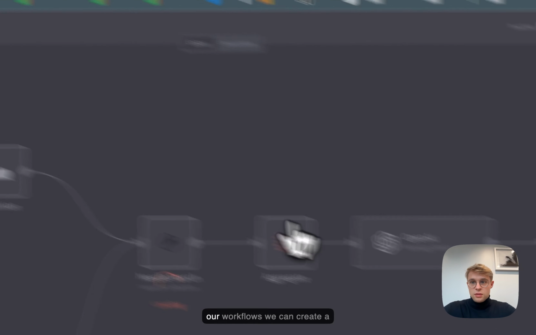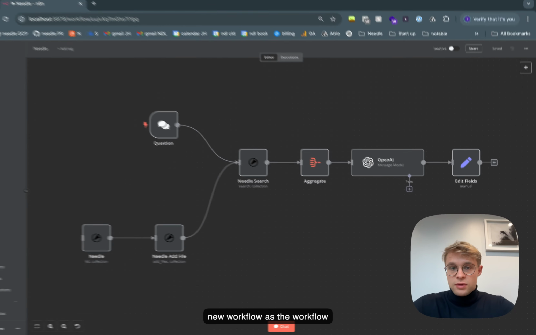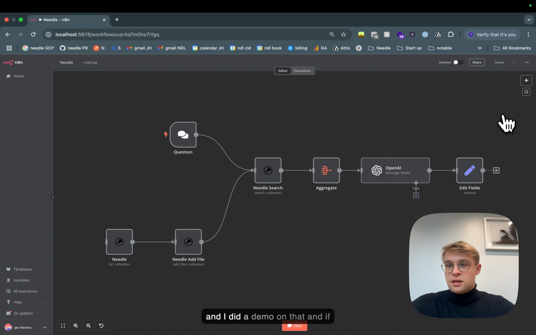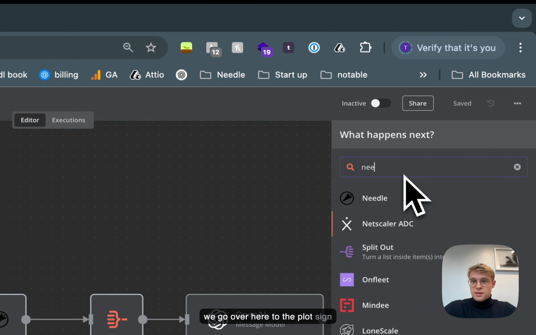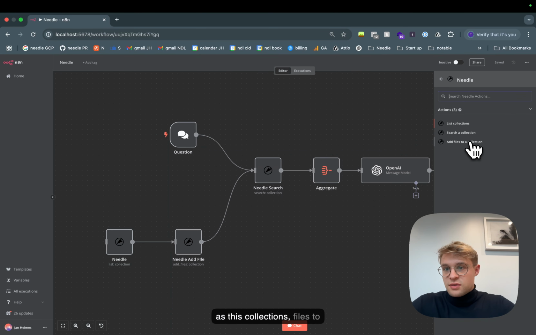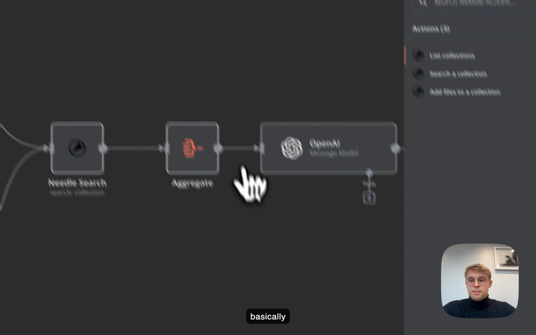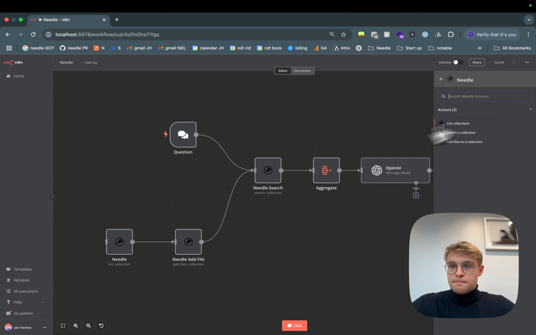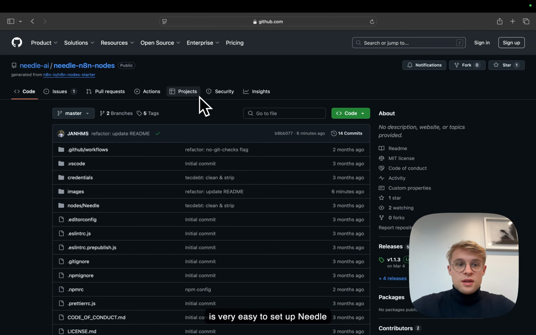And if we go over to our workflows, we can create a new workflow, as the workflow here is already created by me, and I did a demo on that. And if we go over here to the plus sign, we can see there are the specific Needle tools that we have, such as collections, add files to collection, or search files within the collection, which is basically our RAG tool being used within the N8n application. So as you see, it is very easy to set up Needle as a custom node to your N8n